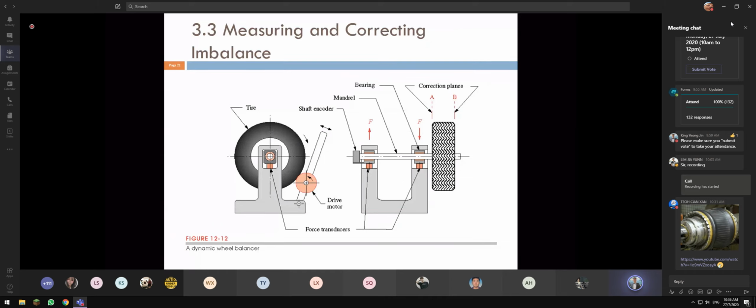This is a schematic diagram of a very old tire wheel balancing machine. Why I say very old is that if you look at it, the drive motor is outside. Nowadays, all the drive motors are kept inside the machine, okay? So what they actually do on this system